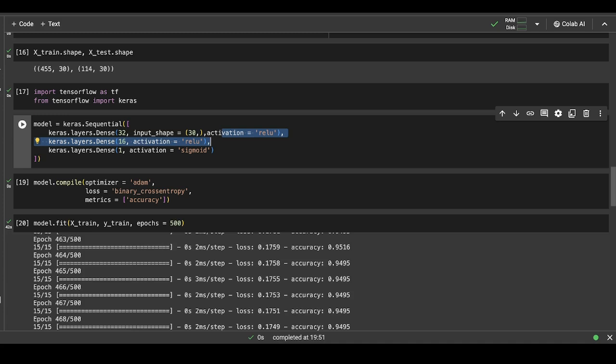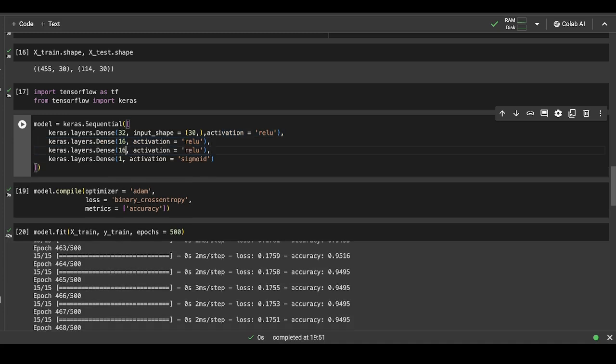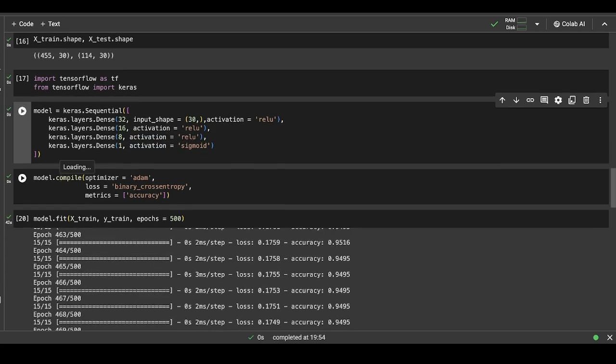Let's say it will have 8 hidden neurons, and it will again have ReLU activation function. The last one is our output layer, which has sigmoid activation function, and the output would be just a single neuron that will produce the output of either 0 or 1. Let's run this,